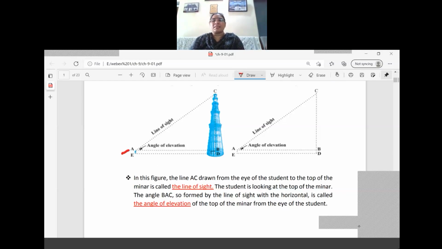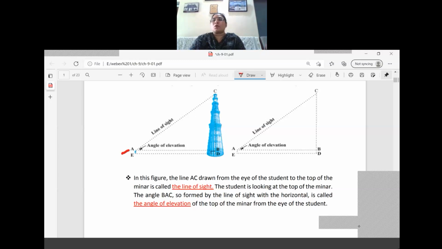In the figure, AC is drawn from the eye of the student. The student is watching, shown with a small size. From the eye of the student to the top of the minar, the line is called the line of sight. From the eye of the student, we draw a line to the top of the minar, that is called the line of sight. So the student is looking at the top of the minar. Now we are getting an angle BAC. Angle BAC is formed by the line of sight with the horizontal